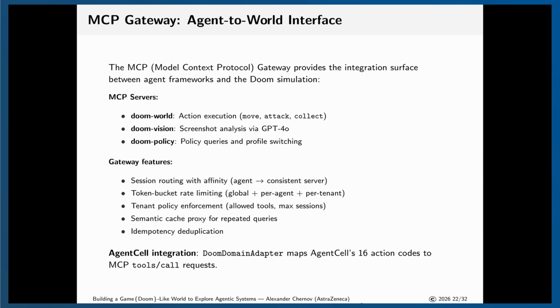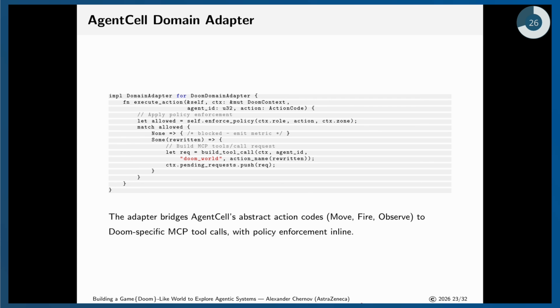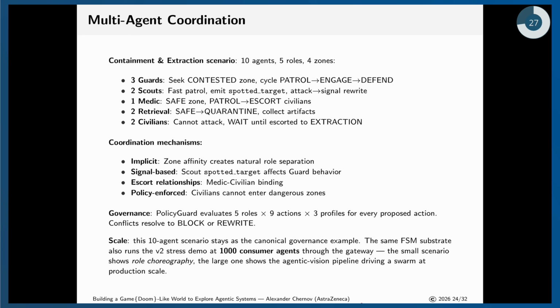The implementation being used here is called agent cell. It means each agent can run autonomously, has autonomous data, and interacts with the entire world. This is the main adapter, again written in ZScript. It bridges agent cell, each agent, with the action modes, what happens in Doom. We also have multi-agent coordination. Agents communicate with each other through the internal game engine so that they know what they're doing. When I start shooting, they come together and try to attack, this kind of behavior. So this coordination mechanism is also in place.